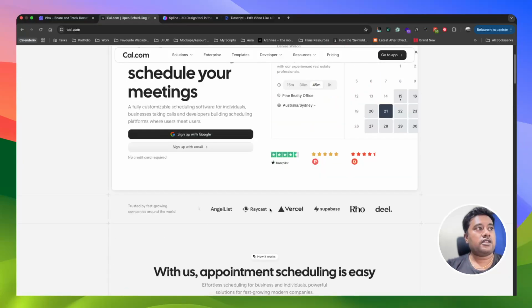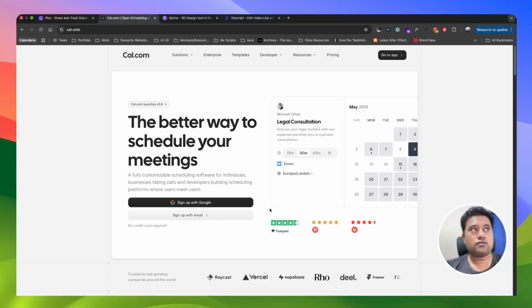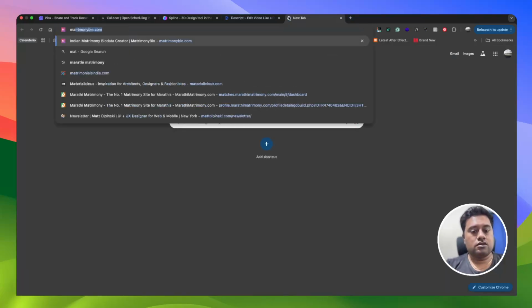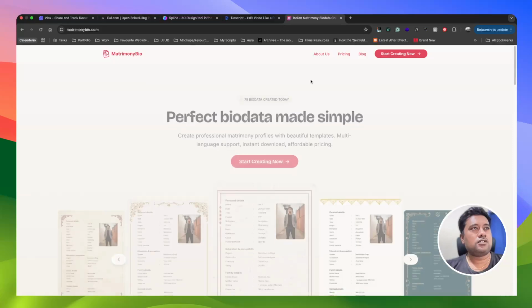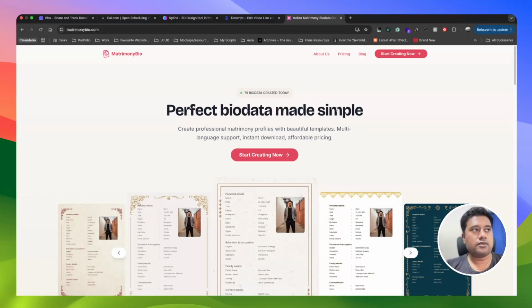And then one thing I can share is I also run one website called Matrimony Bio. So this is where you can create your marriage bio data. So what I'm doing here is whoever buys this template, right? It's a 9 rupee, 10 rupee template. I just text them back and ask them, hey, you know what? I will refund you your money, but can you write me a Google review instead? I think that will be more helpful if you can give some incentive to the user. If you want to get testimonials from them, it will help. And